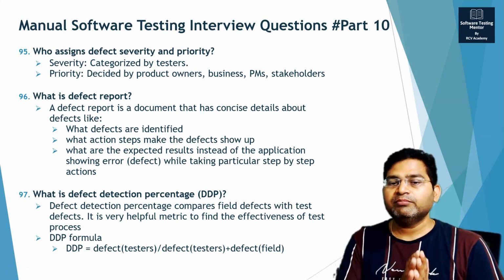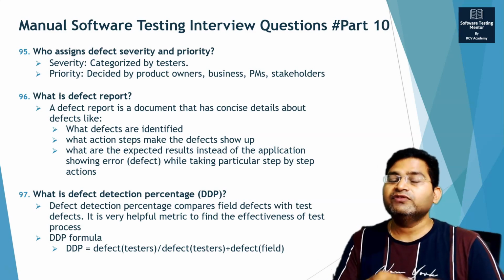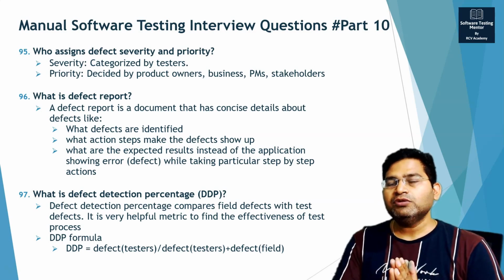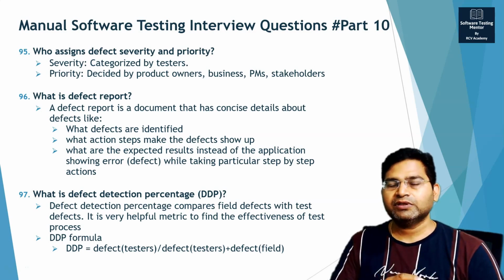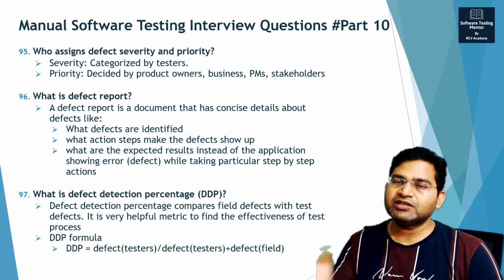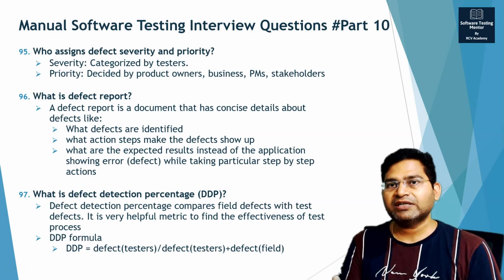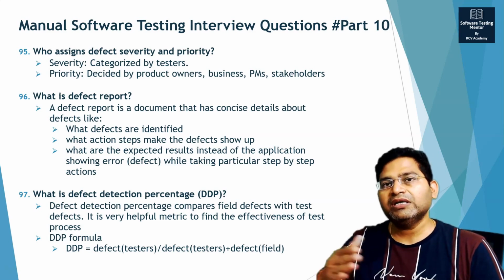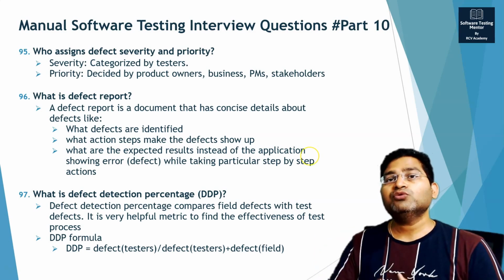And it is a very important metric to find the effectiveness of the test process, right? Why? Because say, for example, you have found 100 defects during testing, but then you found 200 defects in prod. Obviously your effectiveness, or the testing team's effectiveness, is very low because there are 200 defects that are identified outside of